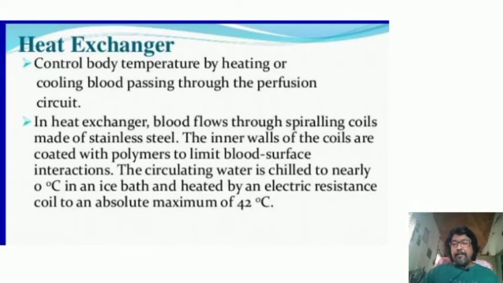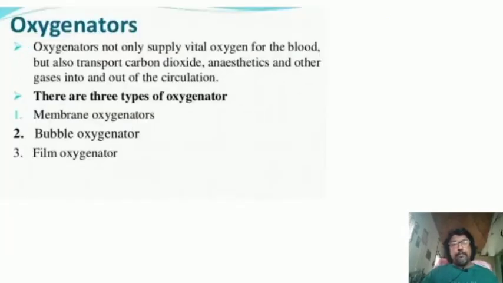If you can't recollect it, please go through the notes which I have discussed in the class. So oxygenators is a critical area where the oxygen of the blood will be infused, and there are 3 types of the oxygenator. It is not being mentioned in the syllabus, but still we can look into the names. Actually, 3 important types of oxygenator are membrane oxygenators, bubble oxygenator, and film oxygenator.